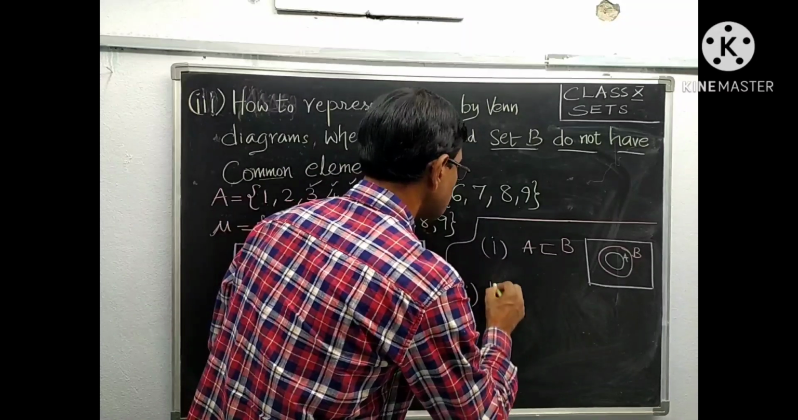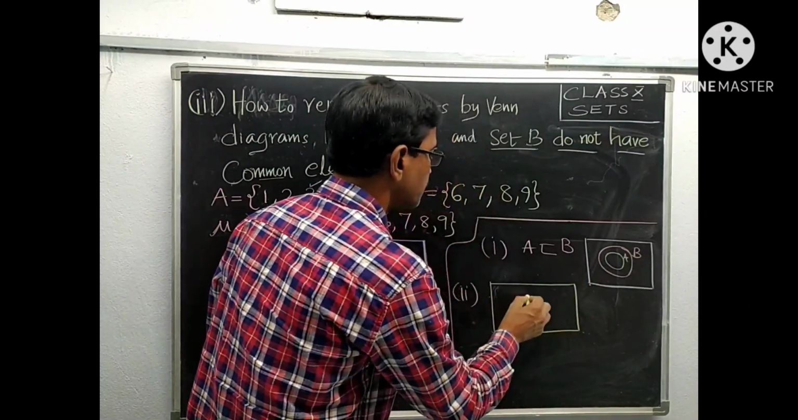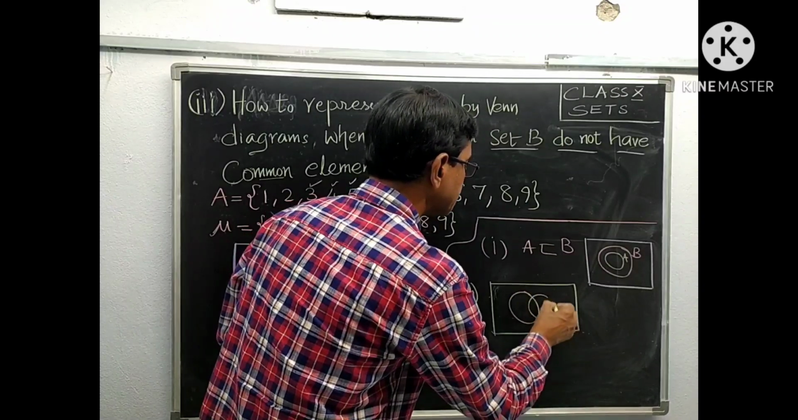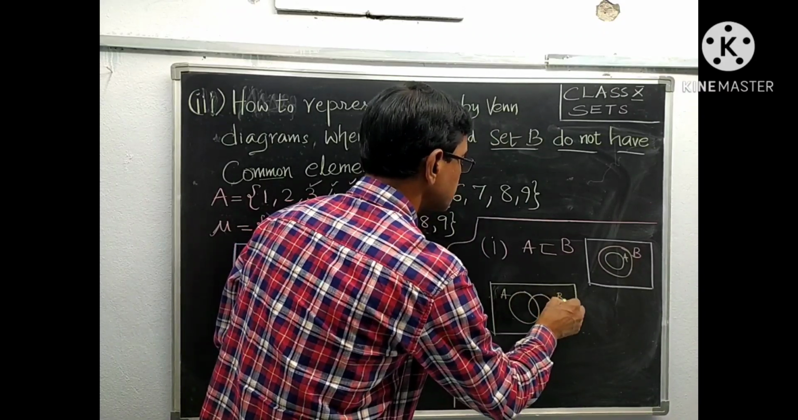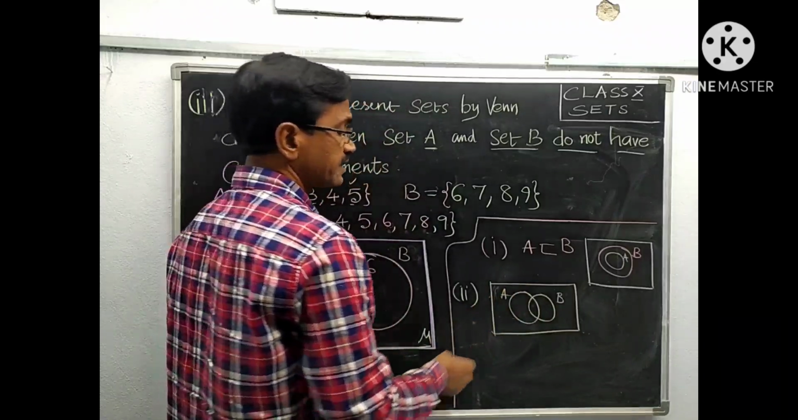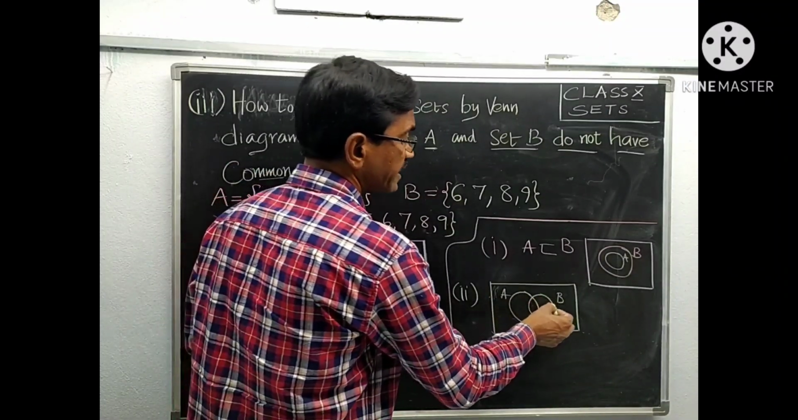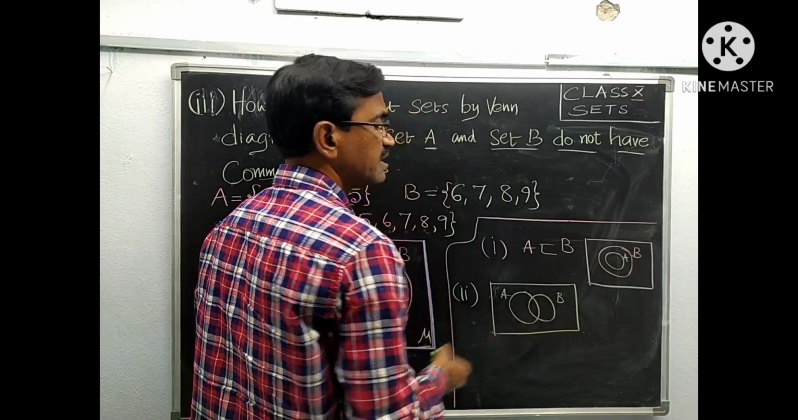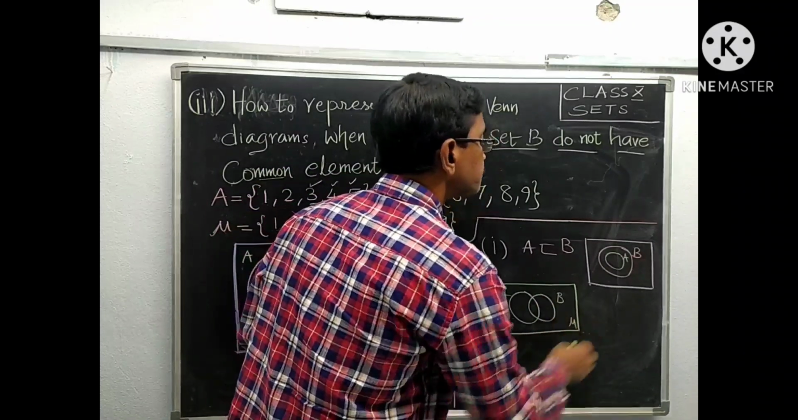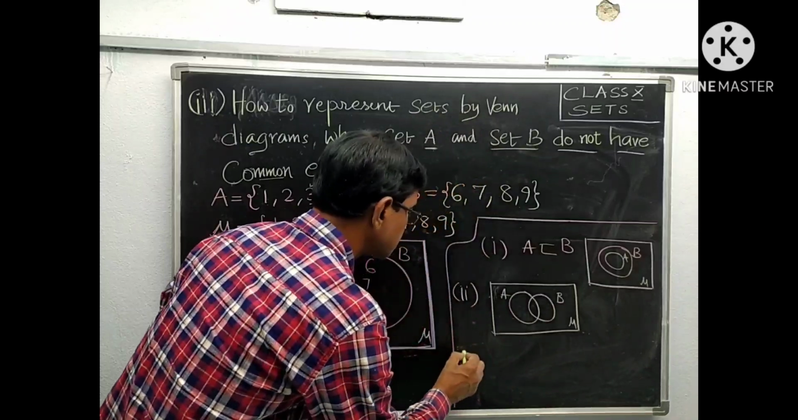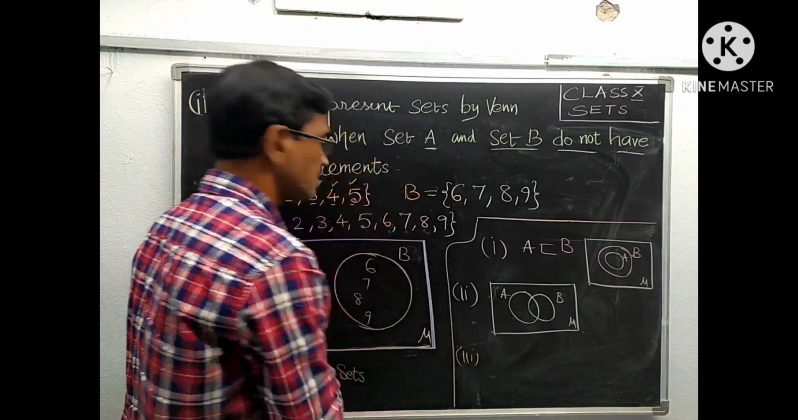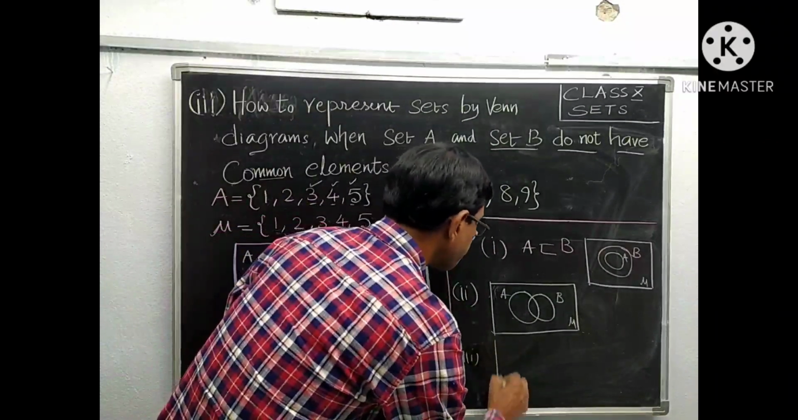In the second case, A and B have some common elements. In that case, we have drawn two intersecting circles like this. We have to write common elements here, only elements in A here, and only elements in B in this part. This is mu. In the third case, two non-intersecting circles